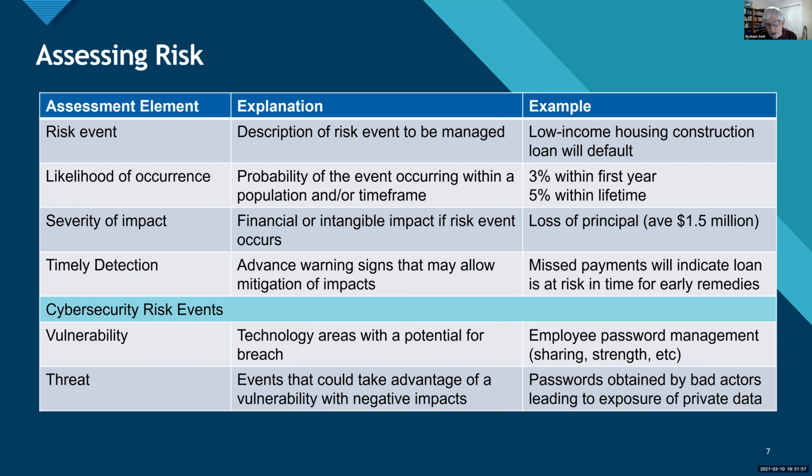So there are vulnerabilities out there. We need to try and understand them. There are also threats. There are bad actors. There are accidents. There are unexpected events that could take advantage of a vulnerability and have negative impacts. The most obvious one, of course, are the bad actors, the hackers, the ransomware providers. Bits of software are certainly threats, and I'm talking about